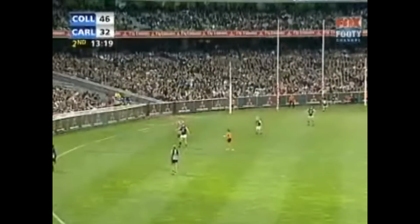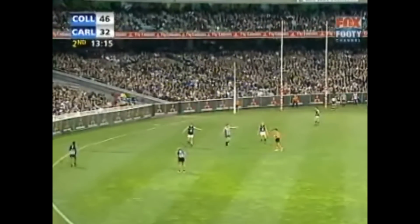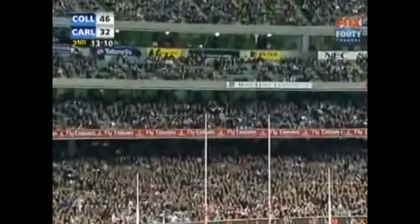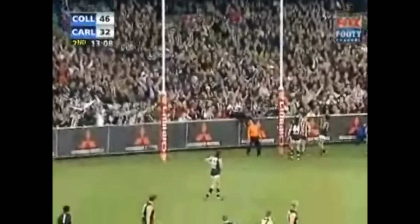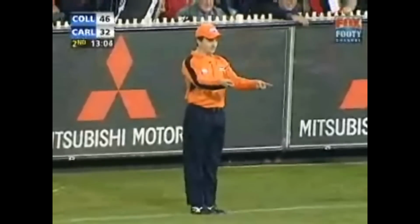Under pressure from him. He's on the move, even though he's got them very close to goal. He's thinking seriously about taking French on here, isn't he? Yep. Leon Davis goes with the drop punt, bends it back, bends it right back, and kicks an absolute beauty. The fingers in the air, and Leon has